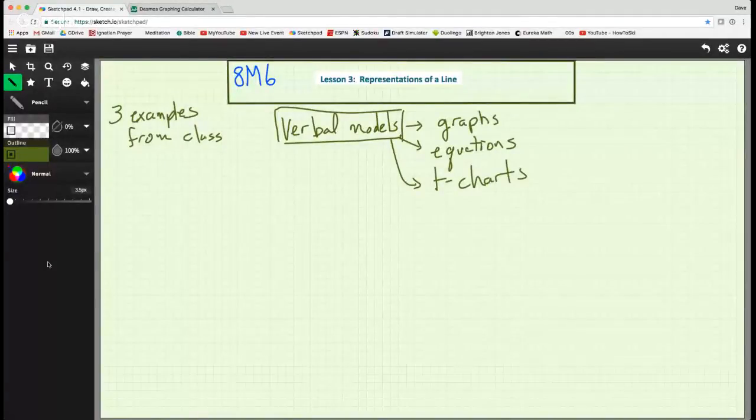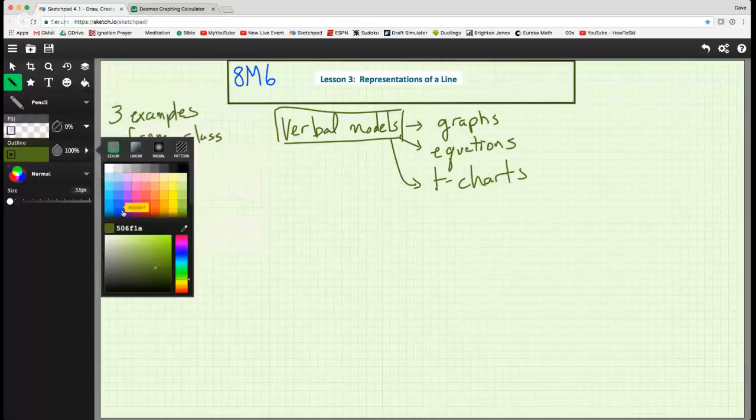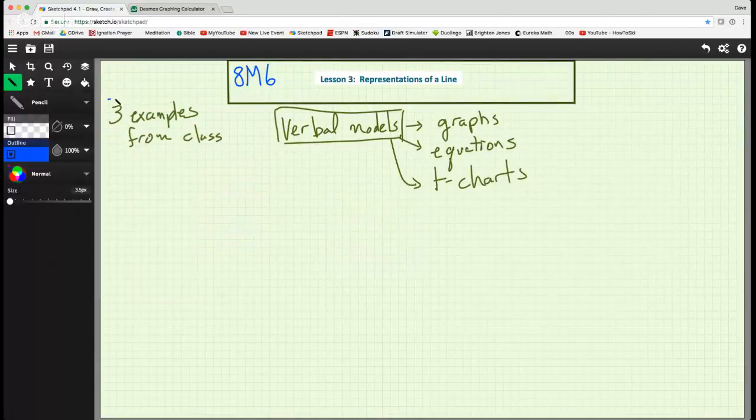So again, in class, in the handouts, you did 3 examples, and we're going to go over those 3 examples right now. 3 examples from class, and in all cases, you had a verbal model, which is another word for a wow, what's wrong with my writing? Word problem, word problems,